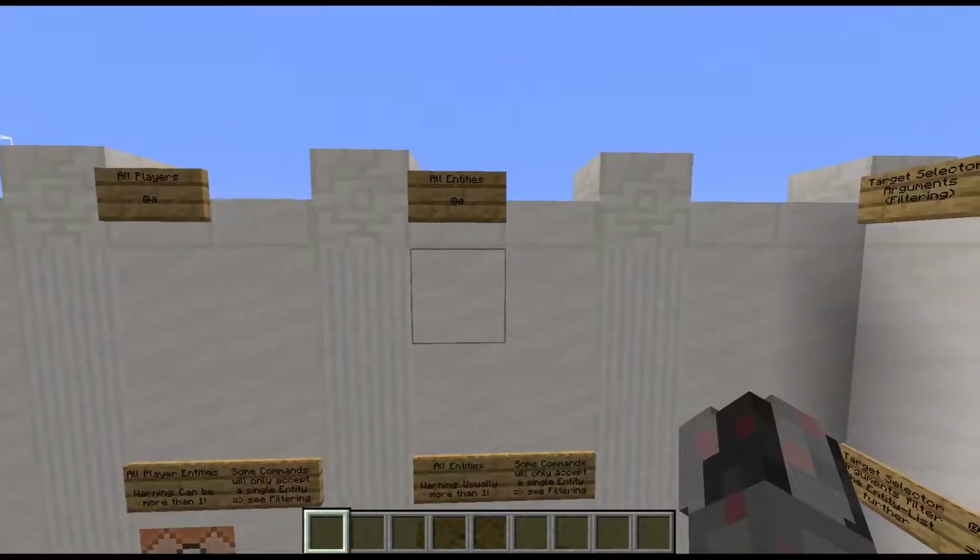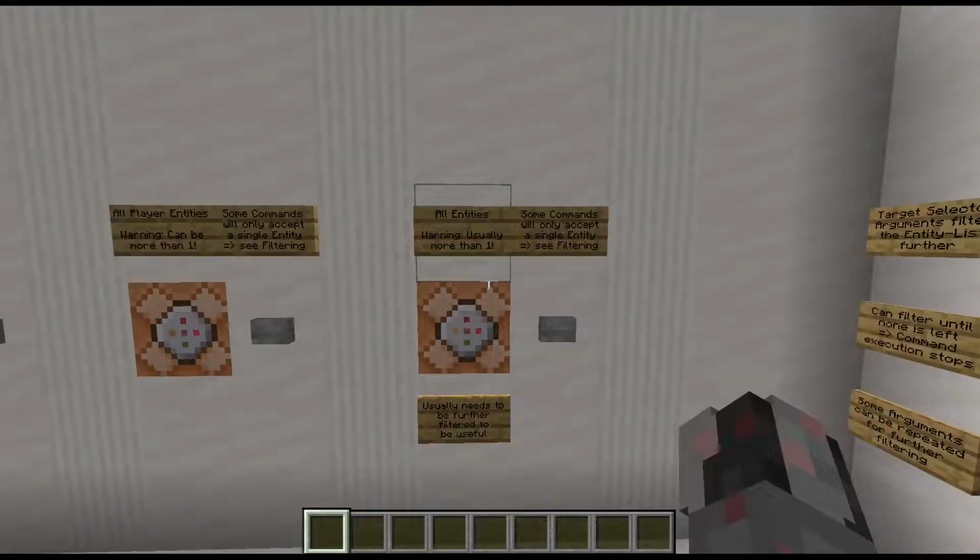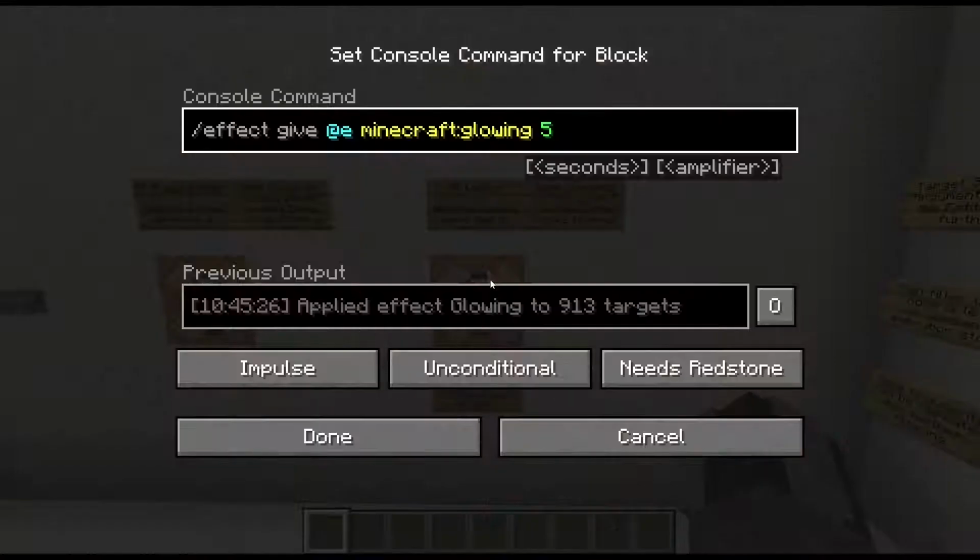Next, we have all entities at E. Now, this is even broader than all players, because this now means really all currently loaded entities. The problems with commands that work on only a single entity are the same as with all players. And there are not many commands where it really makes sense to teleport every entity or to work with every entity in the game. So